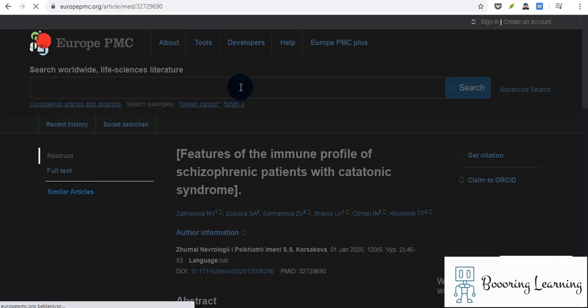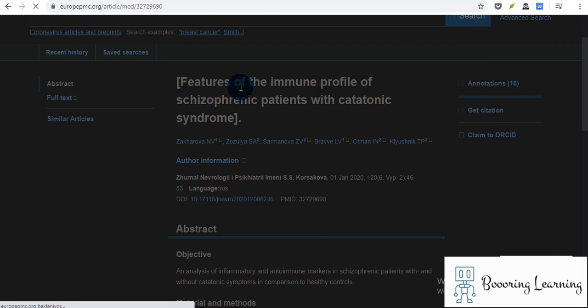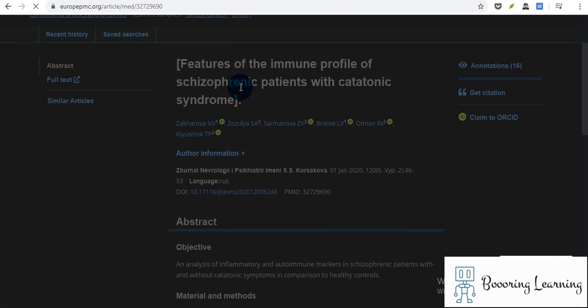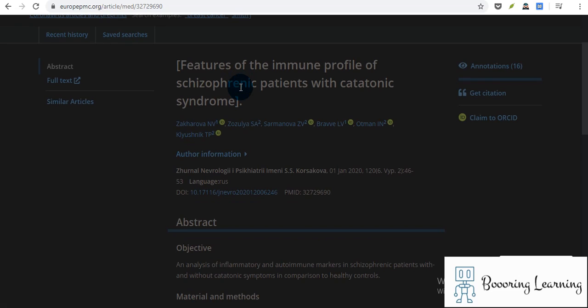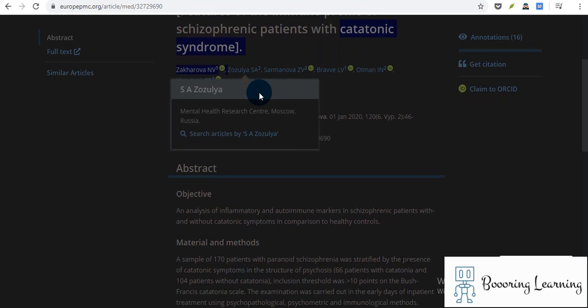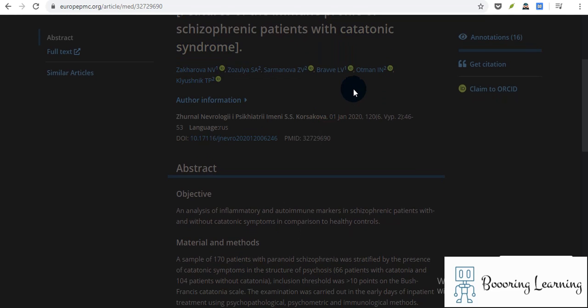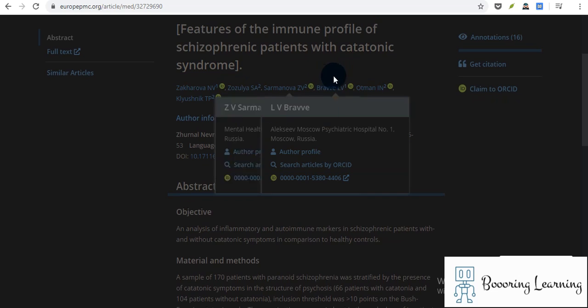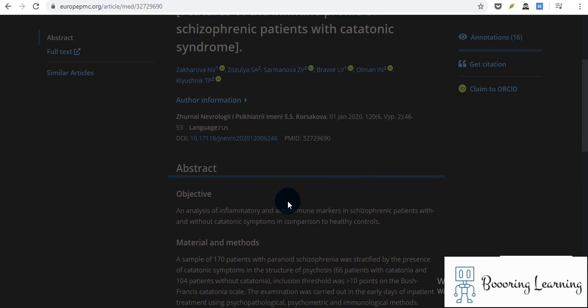main article. The topic is features of the immune profile of schizophrenic patients with catatonic syndrome. So you probably know what catatonic syndrome is: in that syndrome, patients are in a catatonic state and cannot move. And to get more information you can search it, catatonic schizophrenia. Let's read